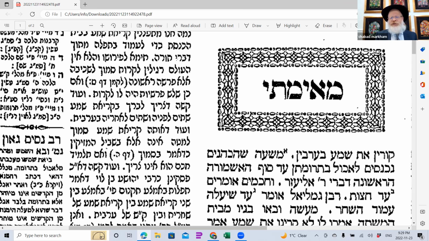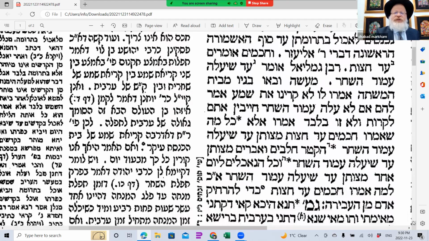And furthermore, he says, we know that the Shema that we read at night before we go to sleep is really to protect us from the bad spirits. So it has nothing to do with the mitzvah of Shema. Some say that if the person is a holy man, he doesn't even need to say the Shema before he goes to sleep, because the bad spirits can't attack him. So what, he's not going to say the Shema if he's a sage? So he goes on asking many questions, and at the end he says, no.